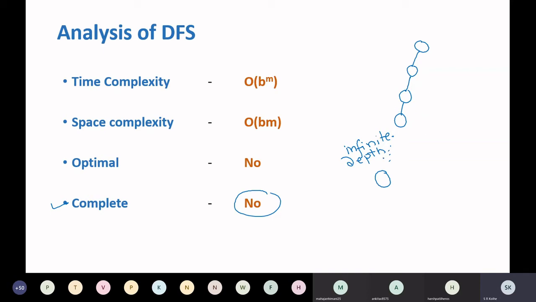It will never backtrack if the depth of the search tree is infinite, and that is sometimes possible if you are in a cycle or a loop, and your algorithm is not able to break that loop. The same state you will get again and again, so you will be in a loop, and the algorithm will never be able to come out of that loop, and it will never return you the solution. So if the search tree depth is infinite, the algorithm may not return the solution, therefore it is not complete.